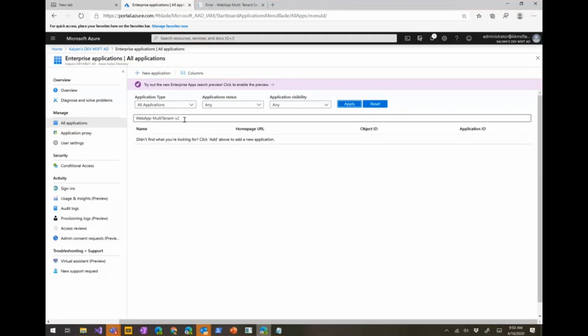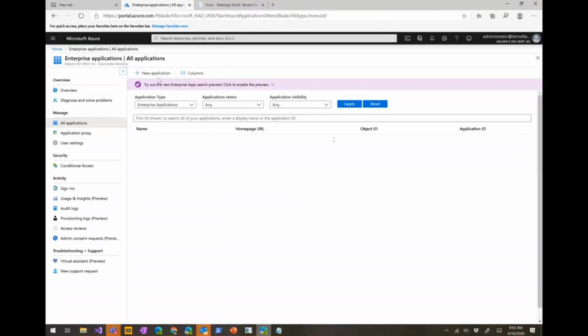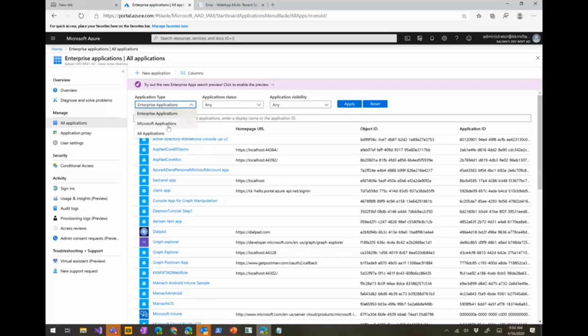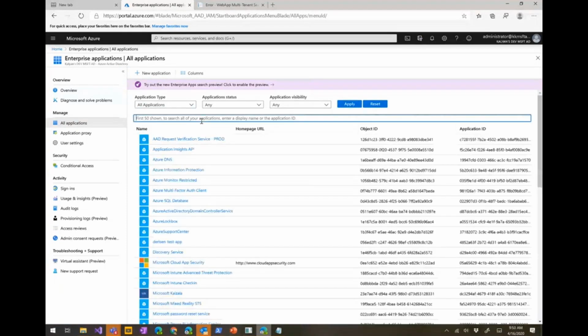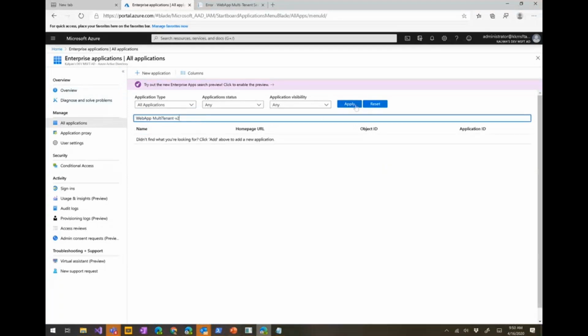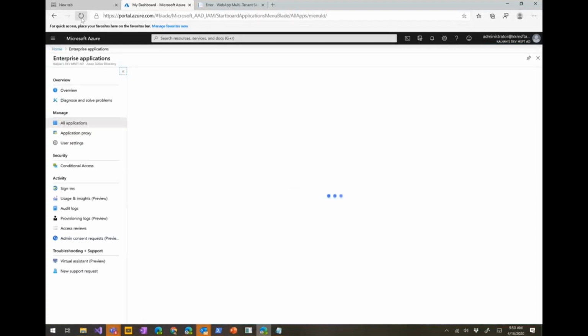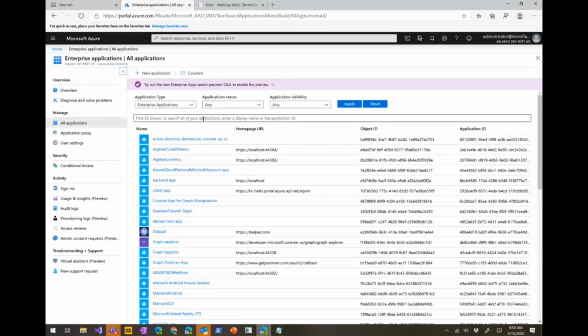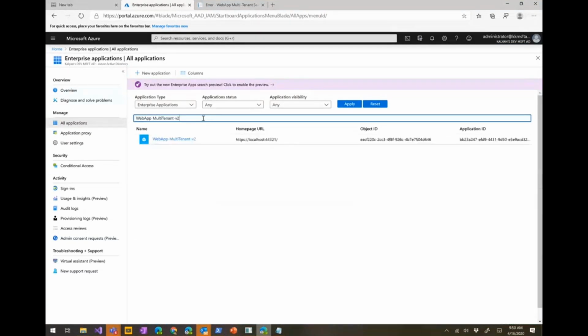If I now go back and refresh the Enterprise Applications blade, see this? Oh, hold on. Give it another second. A service principal has been created here.